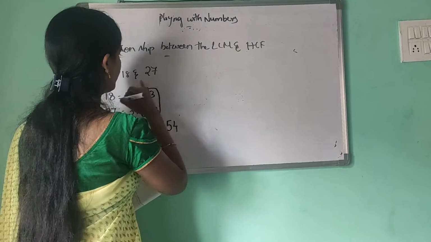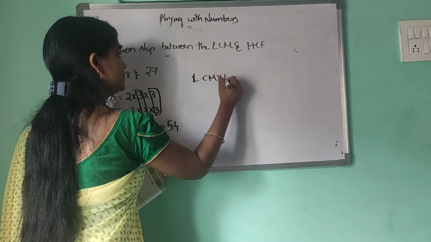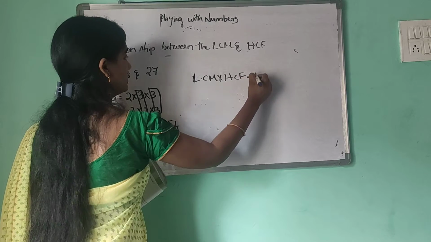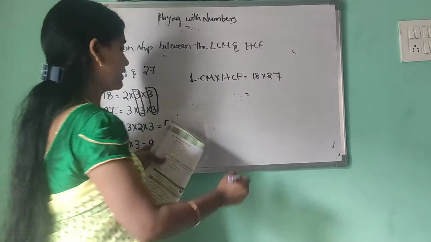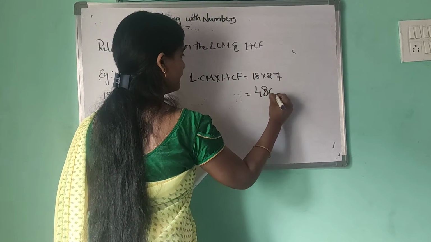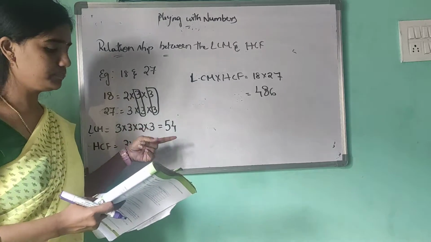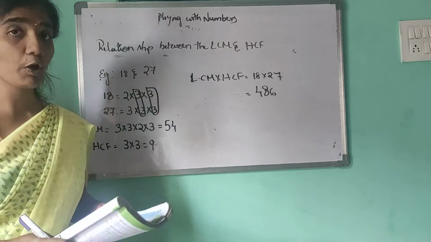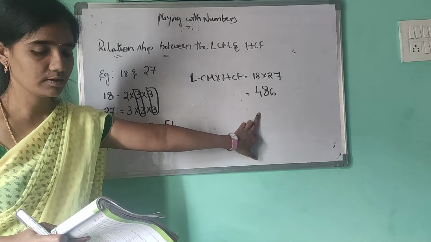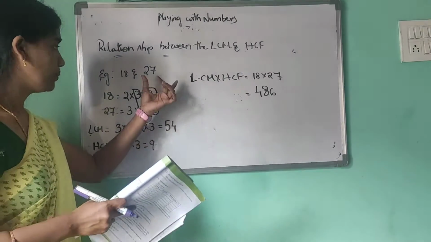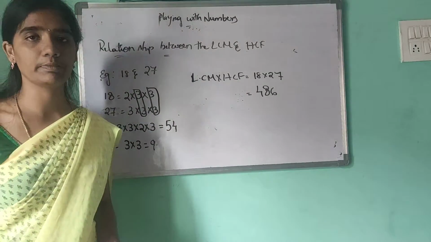here the product of LCM and HCF equals 54 into 9, which is 486. And 18 into 27 is also 486. What do you notice? We see that the product of the LCM and HCF